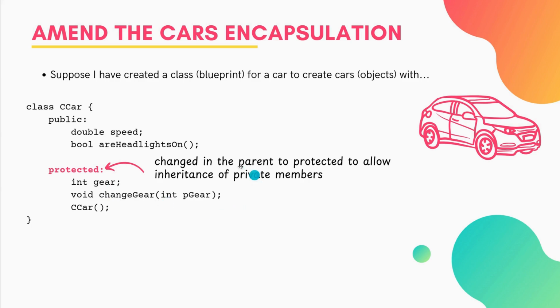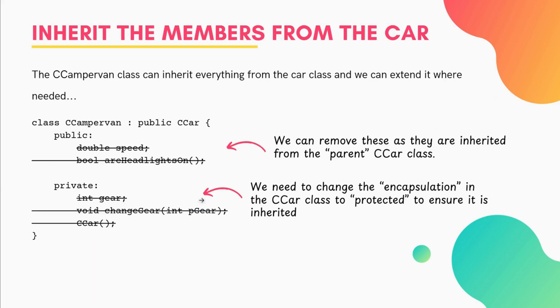So we change this word to protected so that it will be inherited, and then we can go back to our campervan and work on that. With our campervan class, we don't need the speed variable, the headlights on function, the gear, or the change gear function, because all of these are within our